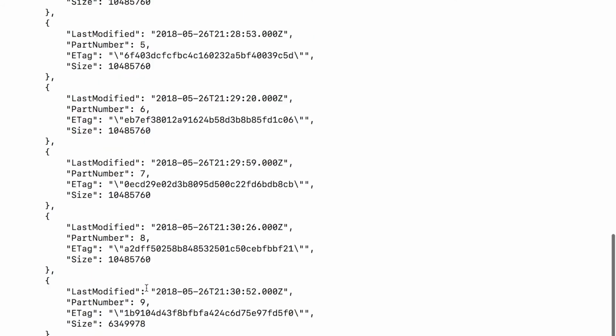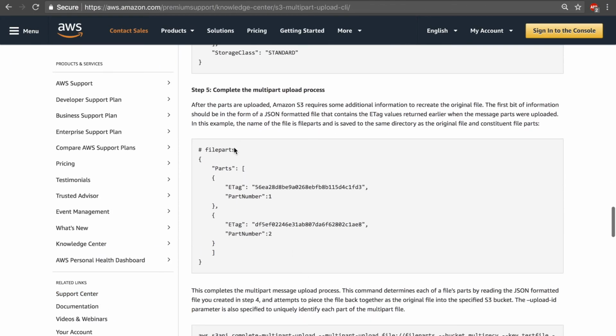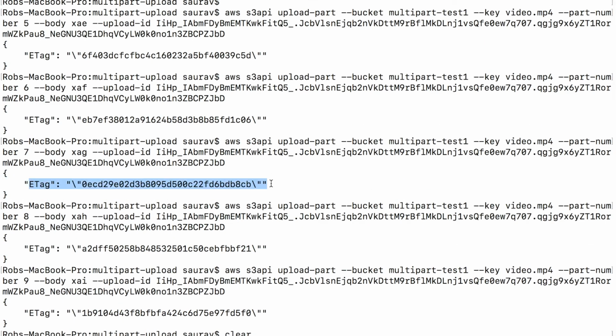The first thing that I'm going to do is go back to the reference document, see what they say. After the parts are uploaded, S3 requires some additional information to recreate the original file. The first bit of information should be in the form of JSON formatted text that contains the ETag values returned earlier when the message parts were uploaded. So quickly, all these things should be put in a file, and we need that file to complete the multi-part